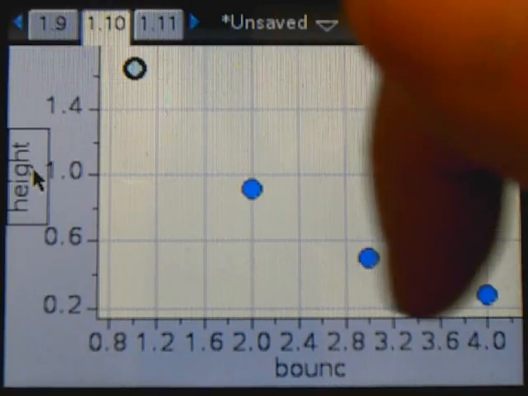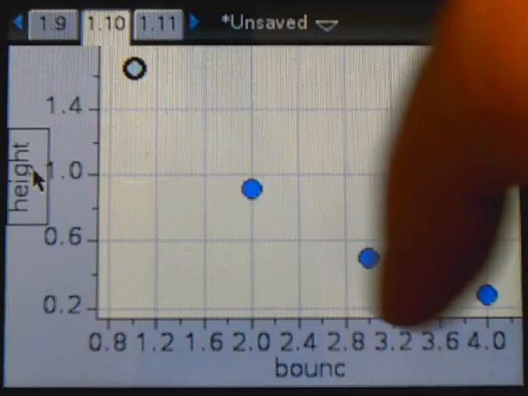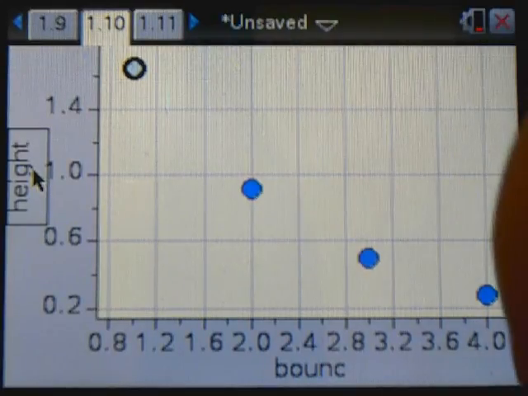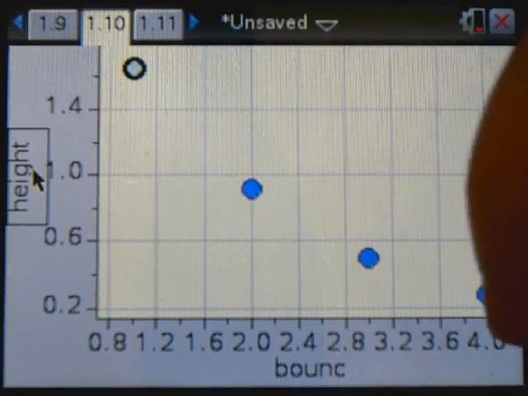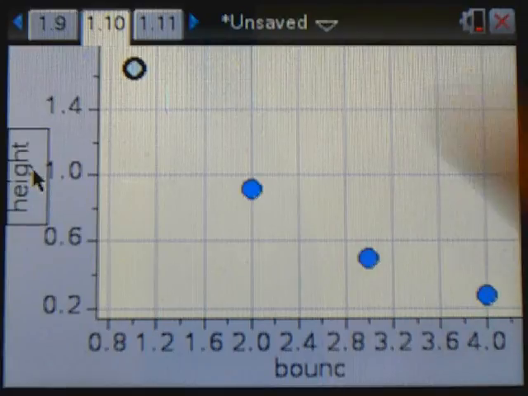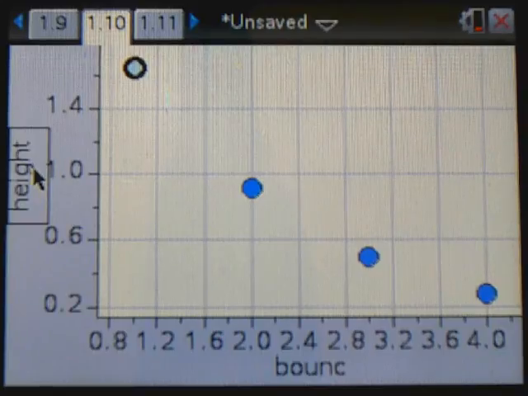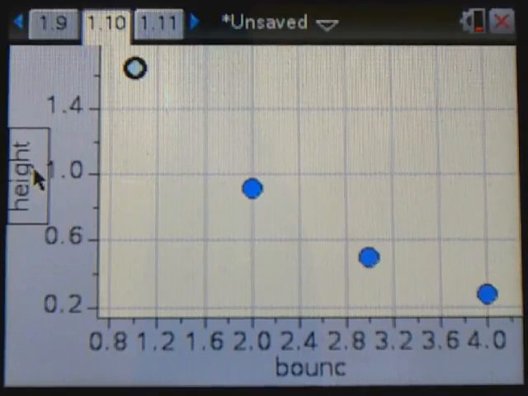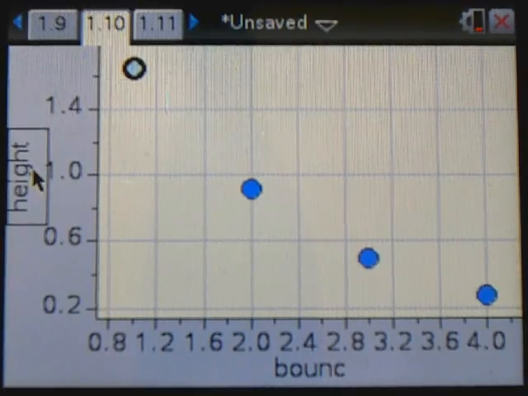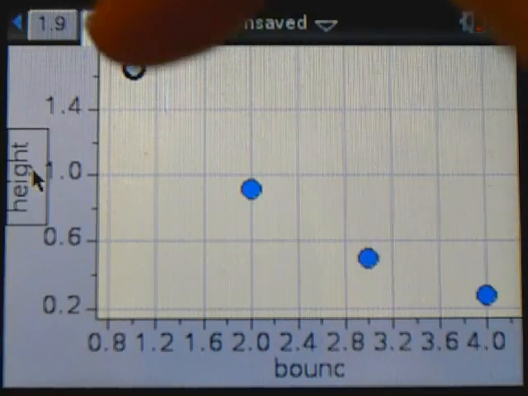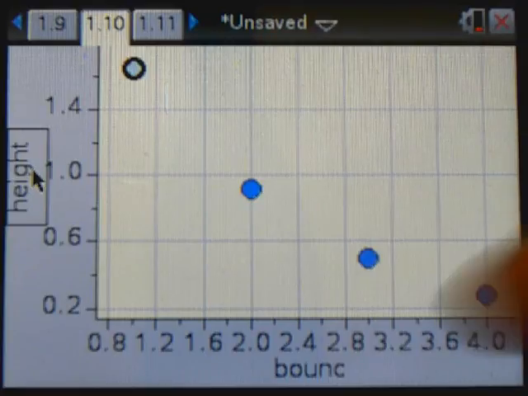So we know that it might not be linear. Also, we know that a bounce can never go negative, so this is just going to get smaller and smaller down here. So when you look at data like that, and with a little practice, you clearly say exponential pattern. It resembles growth and decay, and this one is a decay, because the height gets smaller and smaller and smaller. So I'm going to go with an exponential